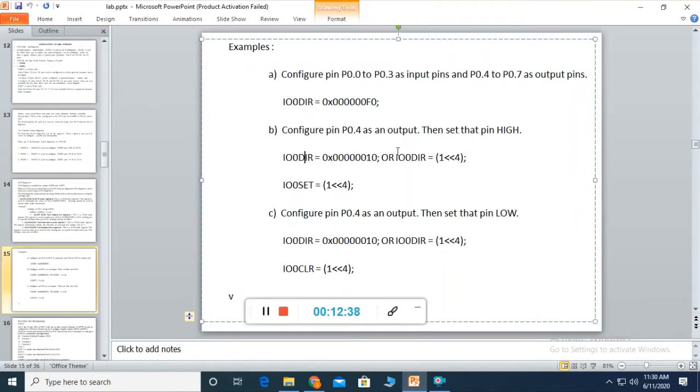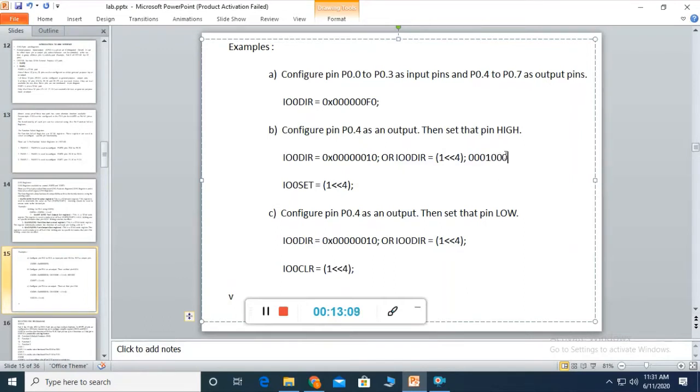So this is 0, 0, 0, which sets pins 0, 1, 2, 3 as input pins, and this one corresponds to 1, 0, 0, 0. Oh, sorry, this is 1, which corresponds to 0, 0, 0, 1. This corresponds to pin 4.